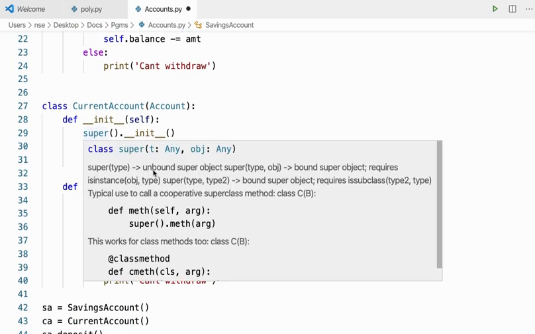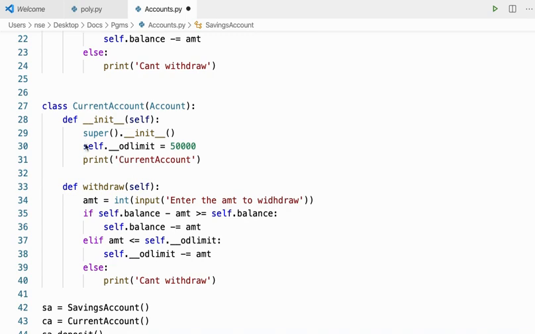Here I also have an init method for the current account class. Here I have something called the overdraft limit, or OD limit. The overdraft is given to every current account holder. Whenever he opens an account, he may opt for an overdraft limit after a few years, or if it's a very big corporate, he can show his balance sheet and other things. I can get an overdraft limit that is given even though there is no amount in your current account balance. You can withdraw it from the overdraft limit based on some interest.